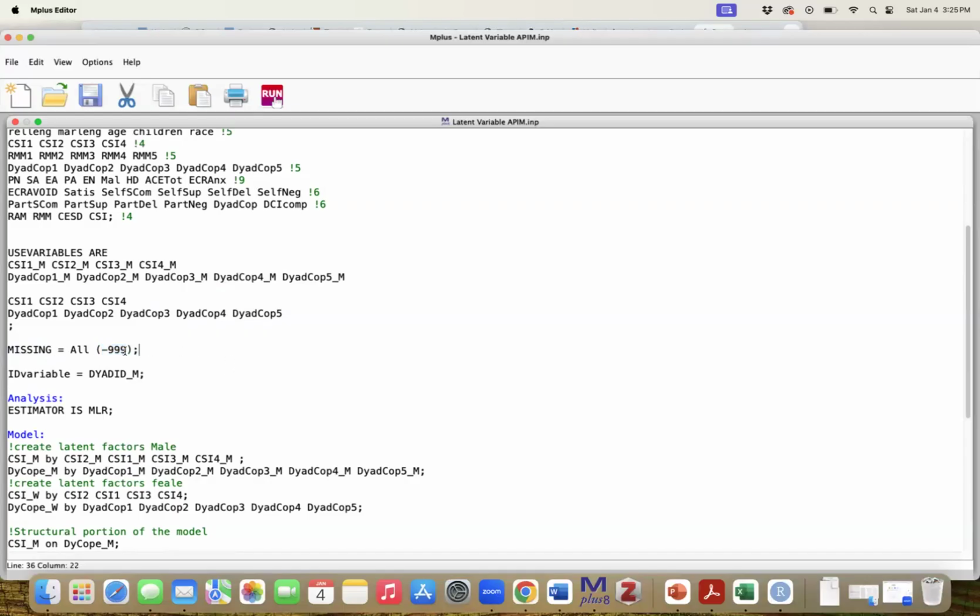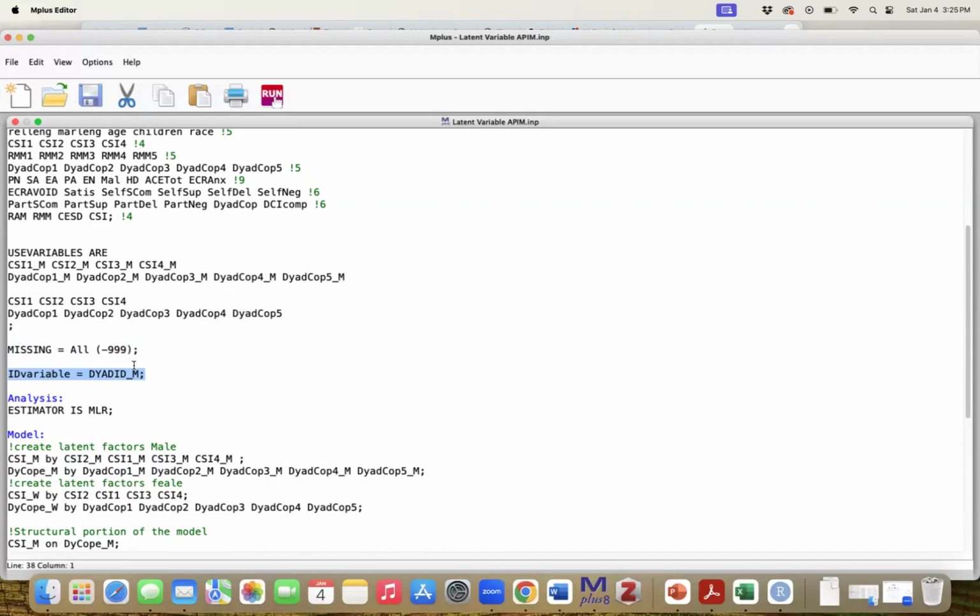Because if you do not specify this, Mplus will think it's a legitimate value, and it will severely skew your results, and you will get some very odd results. That's a common coding error that I see, and I often continue to make, which is not specifying my missing data. We also have an ID variable that won't be as pertinent to what we are doing here, but